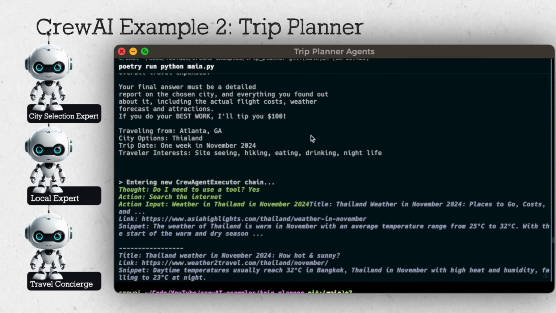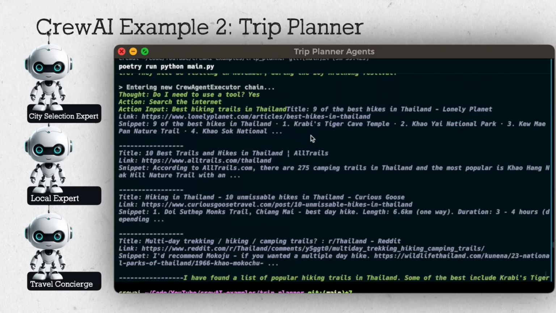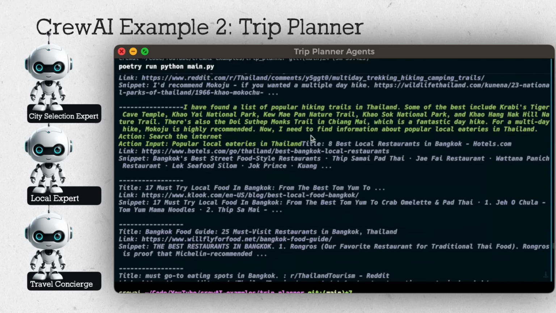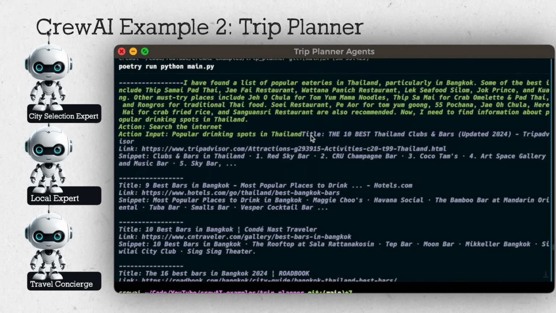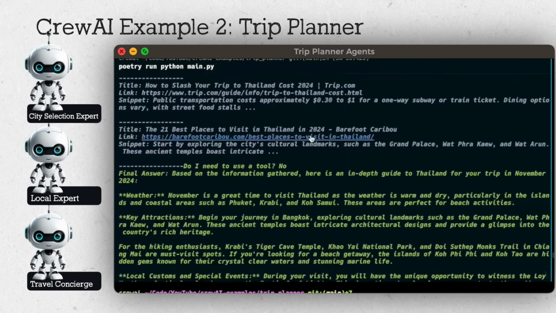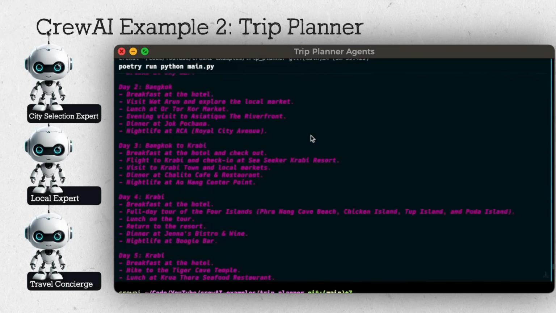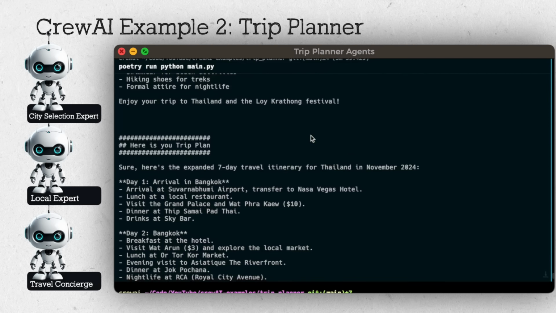One of the agents is going to go off and pick cities for us. The other agent is going to find cool things to do while we're in each one of those cities. And the third agent is going to be the mastermind itinerary planner that's going to connect all the dots for us. And it's going to go off and research everything for us and put together a budget, looking at flight tickets and everything. And at the very end, it's going to generate us this final report that you can see right here,